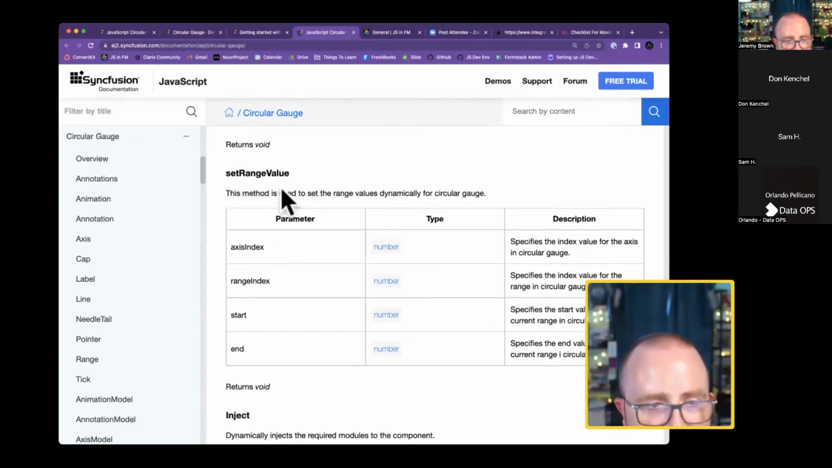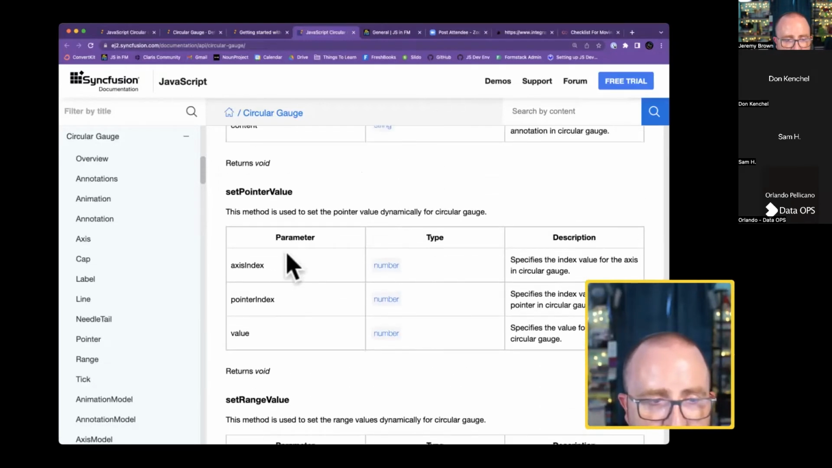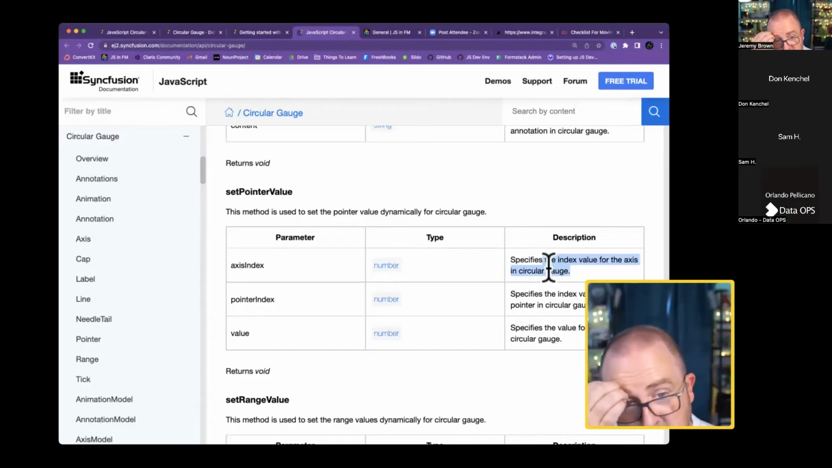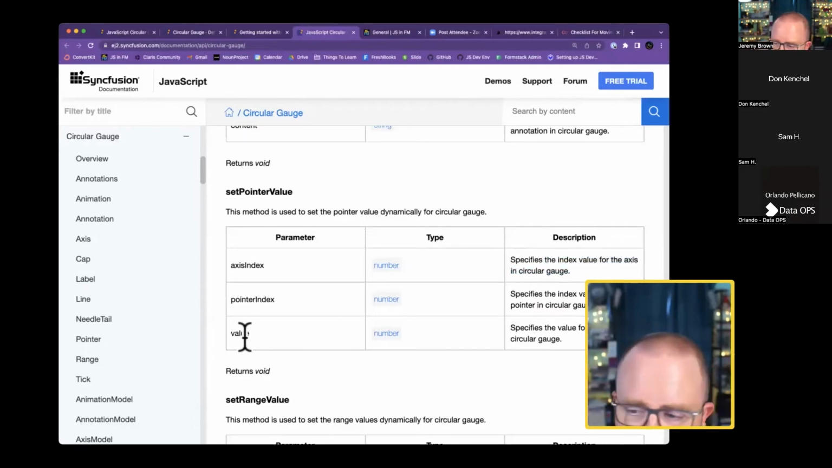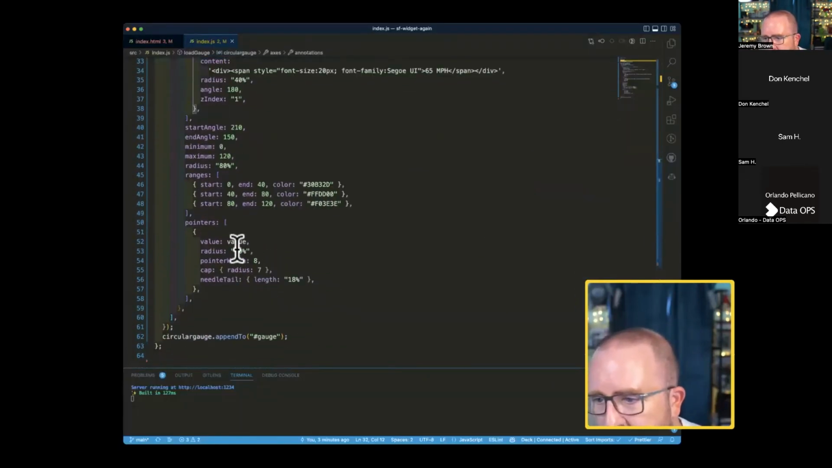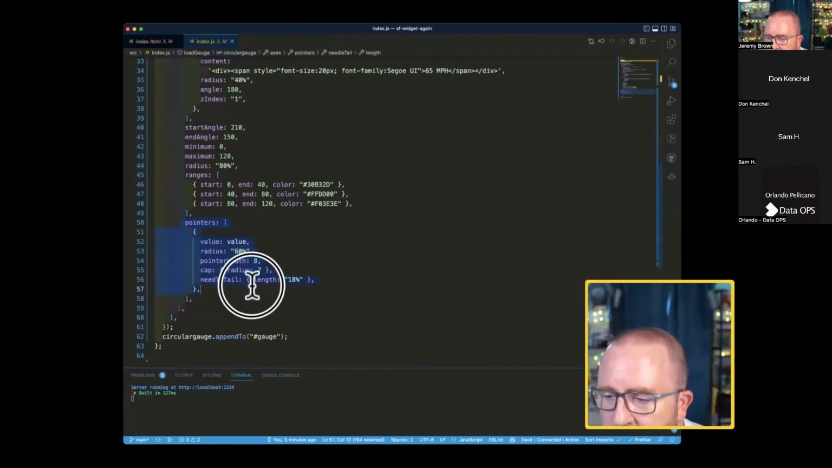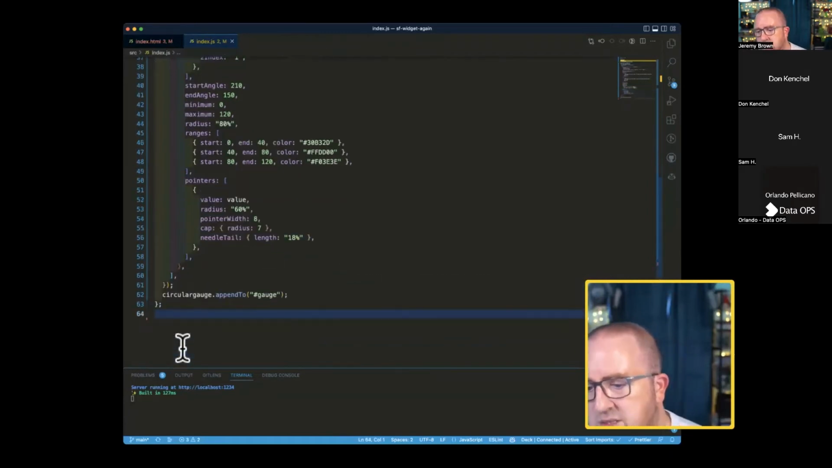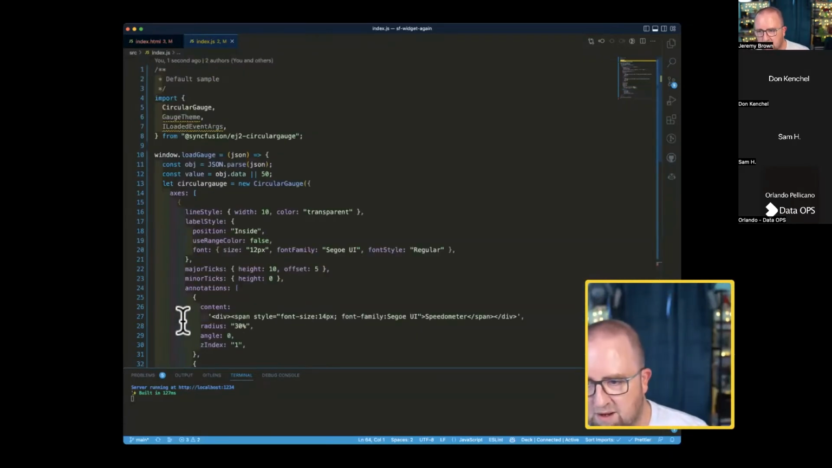Set range value. Sets the index. I kind of wish it gave an example. So here is the value. And if I look back at here, oh, okay, so that's it. So, okay. So what I could do is, let's see if I can do this. I can say,